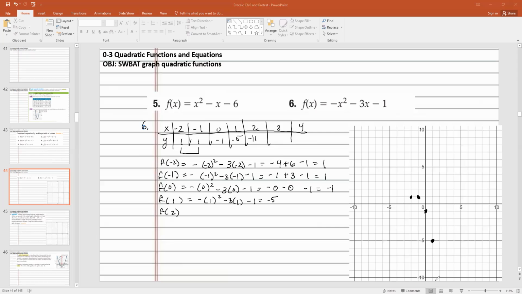And (2, 11) is all the way down here, so it doesn't even make it on the graph. So one thing that we're going to talk about is that parabolas are symmetrical. Okay, so there's this line in the middle. You can probably imagine it. This is going to be called the